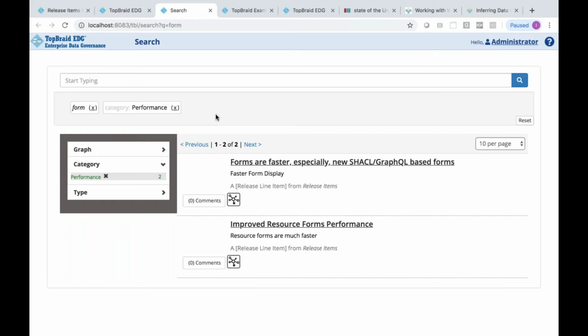So of course, if I'm working with glossary terms, the kind of properties that I'm using would be different from release items. Or if I'm working with data elements, again, it has different properties. And Edge will take that all into account and provide the most relevant facets automatically. Okay, with that, hopefully I left enough time for the questions.